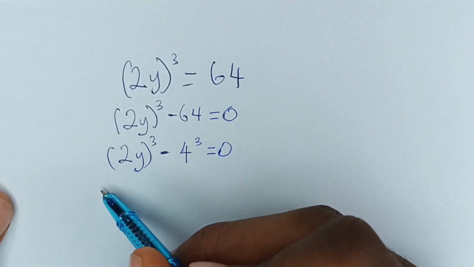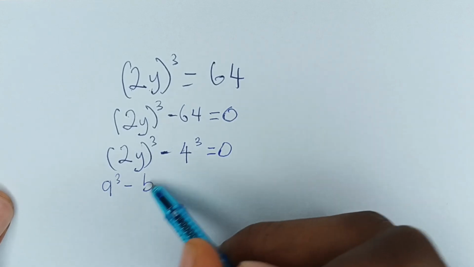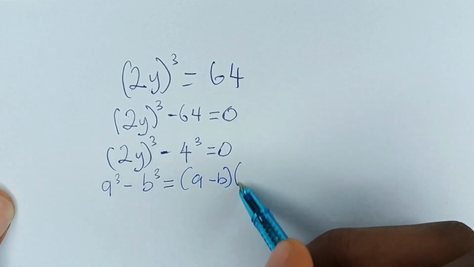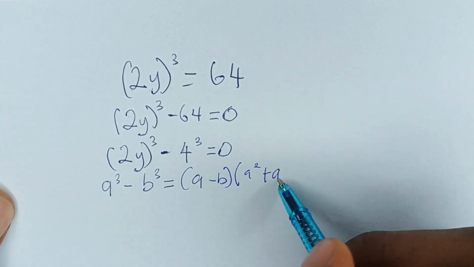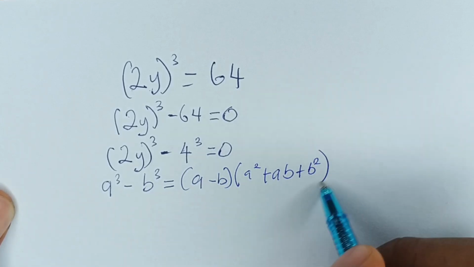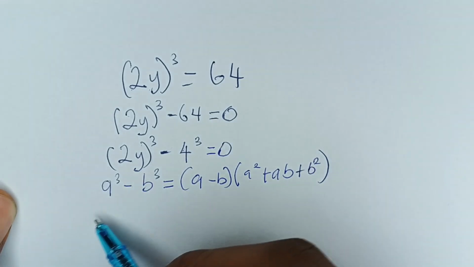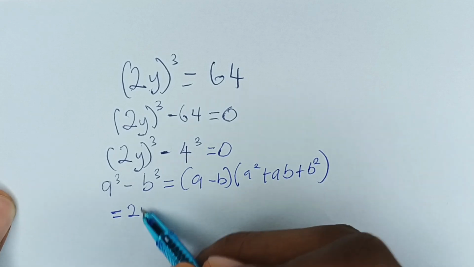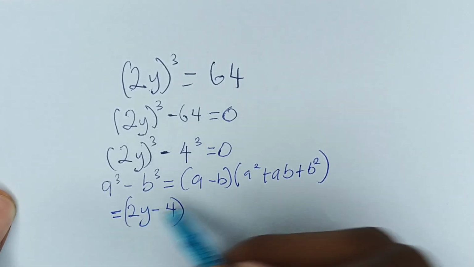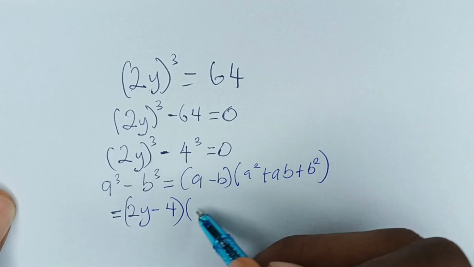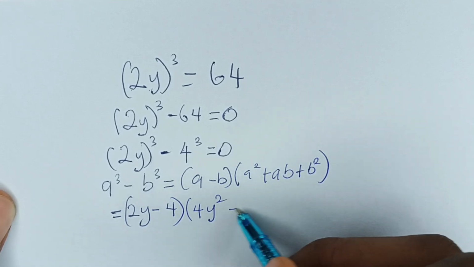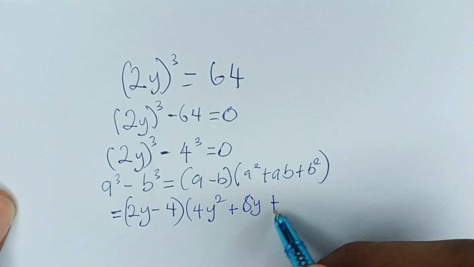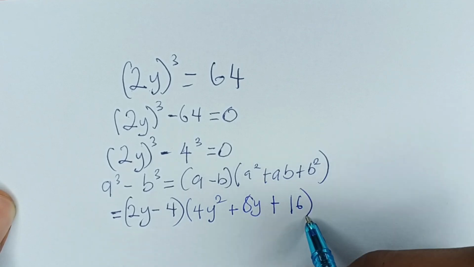And the law states that if I have something in the form of a^3 - b^3, it is equal to (a - b)(a^2 + ab + b^2). Applying that here, we are going to have this equal to (2y - 4) times (2y squared is 4y^2, plus 2y times 4 is 8y, plus 4 squared is 16),